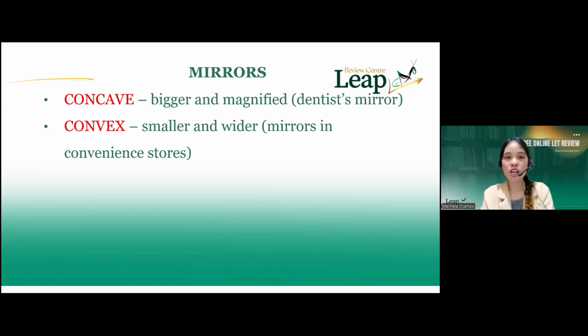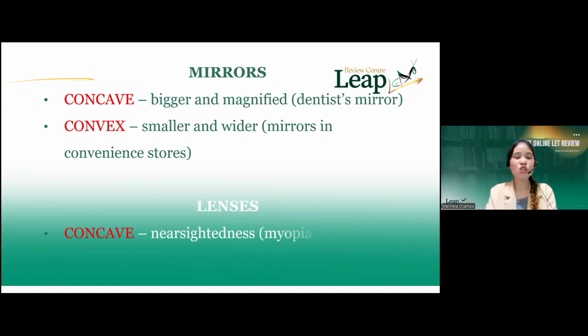And of course, aside from mirrors, we have lenses. So for lenses, guys, please take note. The concave lens is used to treat nearsightedness or myopia. When you are nearsighted, the distant objects are blurry to you. Just like I have concave lenses to treat my nearsightedness,